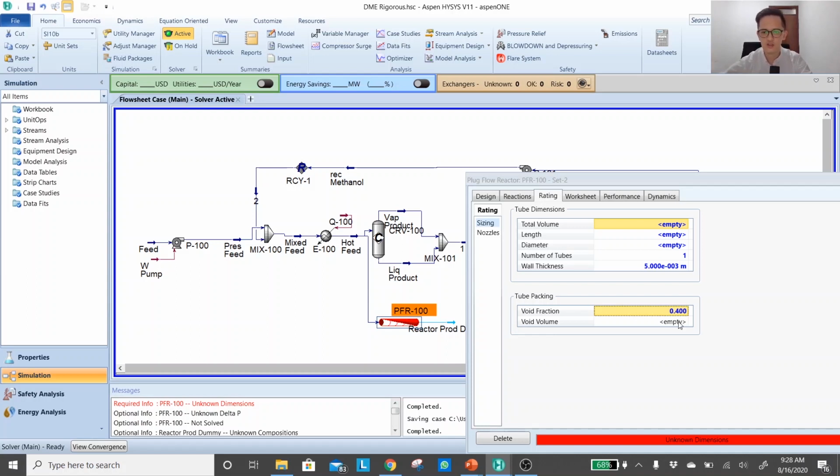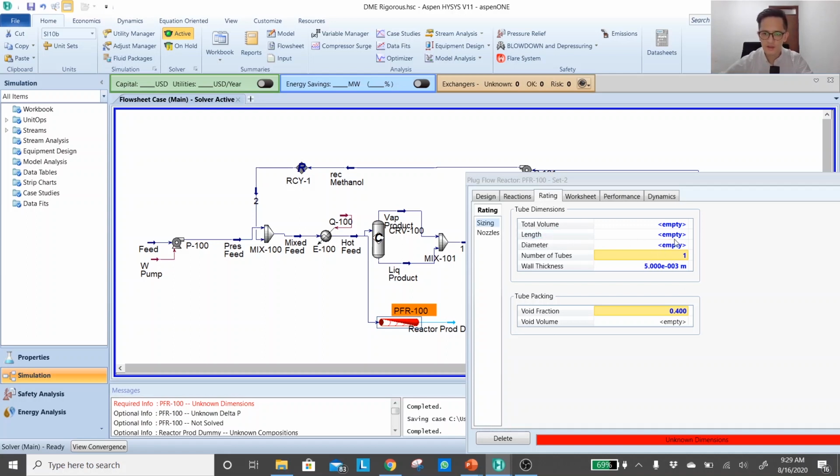So maybe 0.55 for a bubbling bed, maybe close to 0.7 or even 0.8 if you have a CFB, the circulating fluidized bed. And then the number of tubes, this is also very important. This is an adiabatic fixed bed reactor, so it's a single tubular reactor instead of a multi-tubular reactor. So for now 1 is correct, but for the other case where you want to use a tubular reactor, that has to be increased to the amount of tubes that you have inside of the reactor.